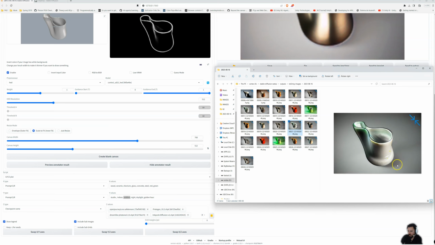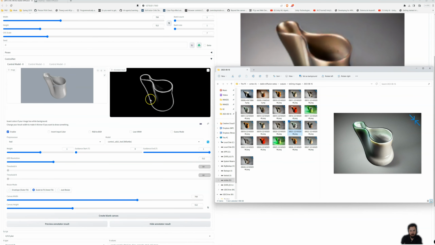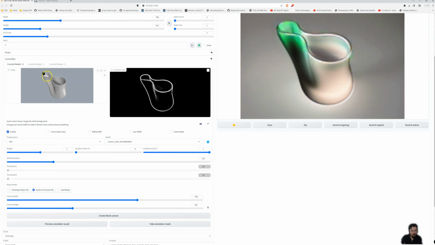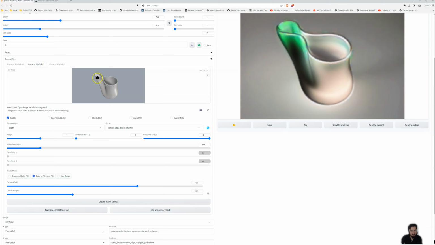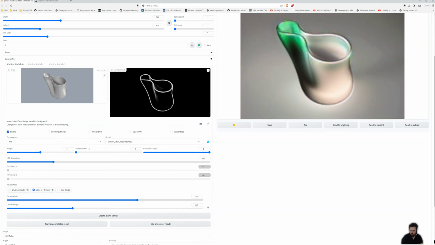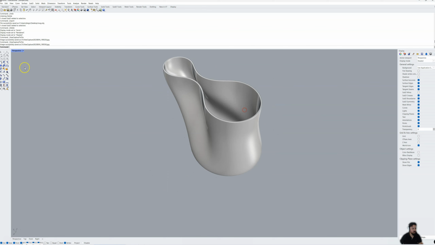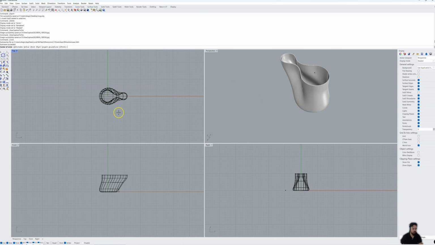In this case, the background is kind of tricky because of the information that we're using to generate this. We are also controlling how Stable Diffusion will consider the depth of the model, but basically we don't have any background, so we can fix that. Actually, let's do that. Let's just go back, for example, to whatever software you use. We can generate something like a plate, like a dish, for this. So I'm just going to generate